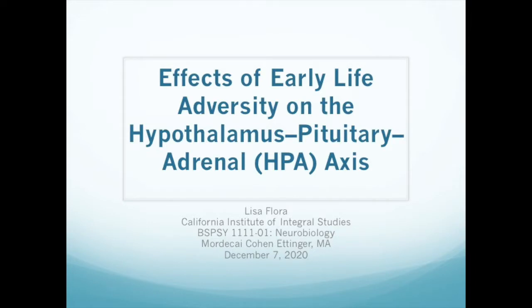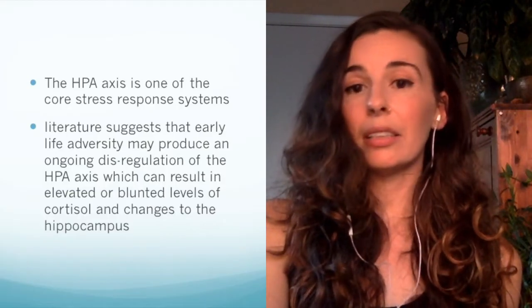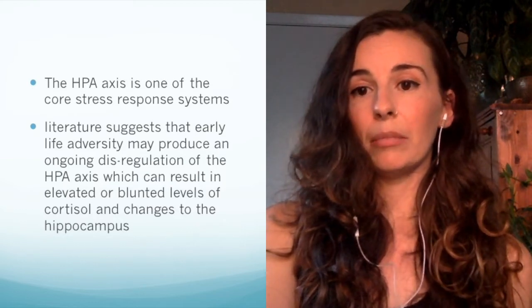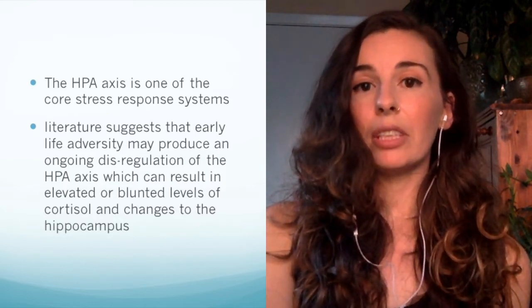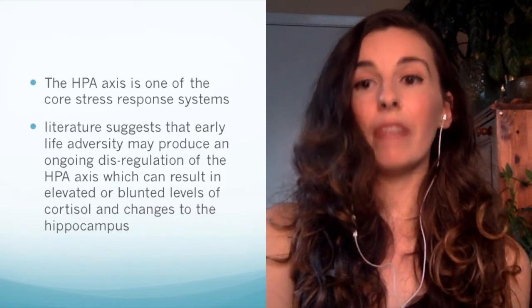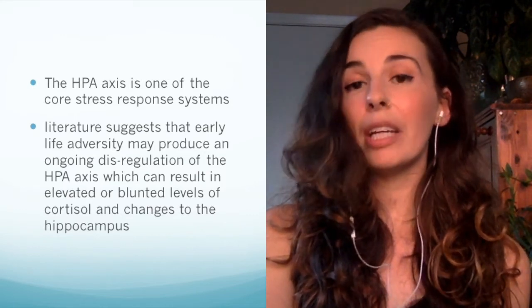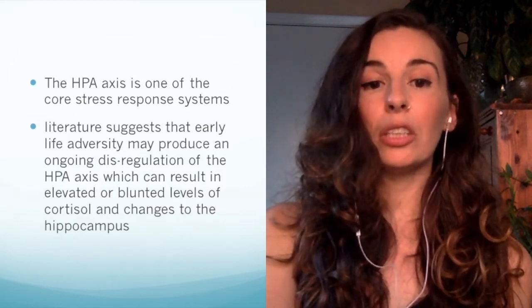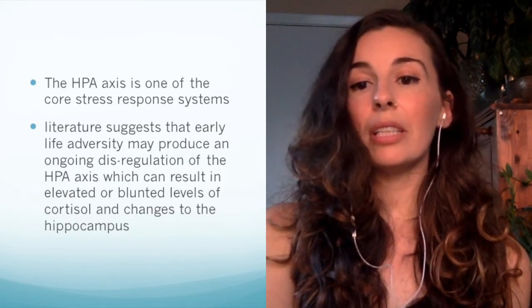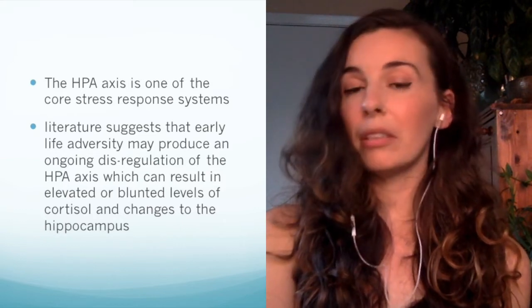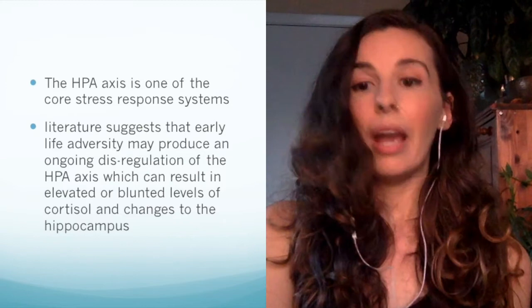Hi everyone! So the focus of my presentation is on the anatomy and the function of the hypothalamus pituitary adrenal, or HPA axis. I also plan to discuss the effects of early life adversity or early life stress on the HPA. The HPA axis is one of the core stress response systems. The literature suggests that early life adversity may produce an ongoing dysregulation of the HPA axis, which can result in elevated or blunted levels of cortisol and changes to the hippocampus. Studies have shown that these neurological changes could lead to many mental health issues, such as mood disorders, anxiety disorders,